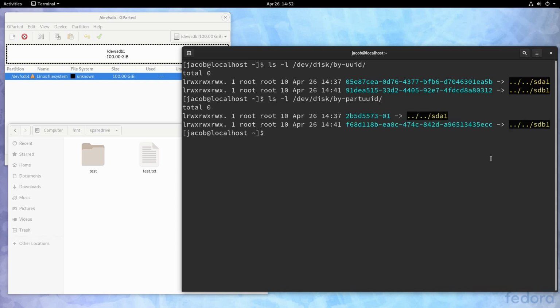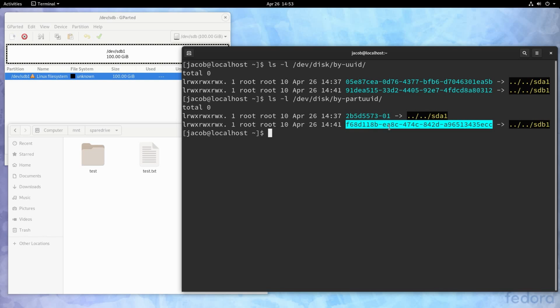So if we run that, you can see we've got UUIDs referring to the partitions themselves. Even if I run mkfs.ext4 on /dev/sdb1 again, it's still the same partition physically on the drive, so this UUID is going to stay the same. Now, there are drawbacks to doing this as well, and we're going to look at that later in the video, but right now we're going to use the PARTUUID for this one.